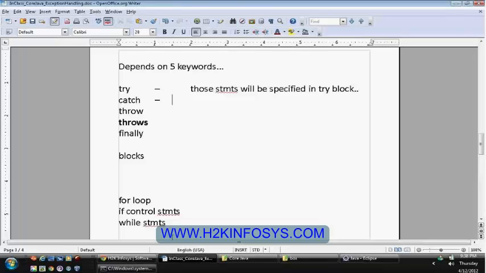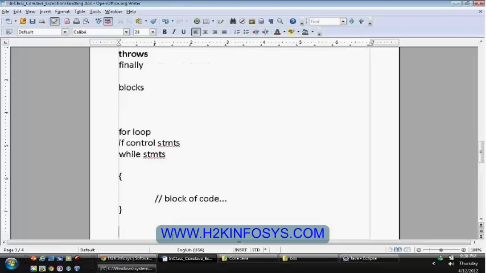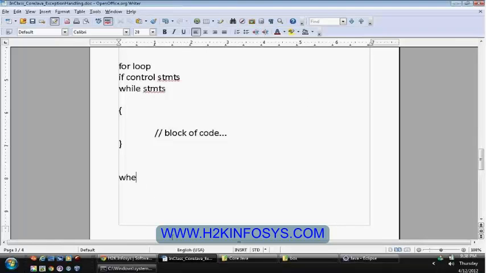Once after specifying the exception block or the try block, you will be going to write a catch block which will catch the exception object. In the sense, whenever an exception has been raised, let us say int c equal to a/b, and in this scenario, let us say you have passed b value as 0, that means this statement will throw an exception.